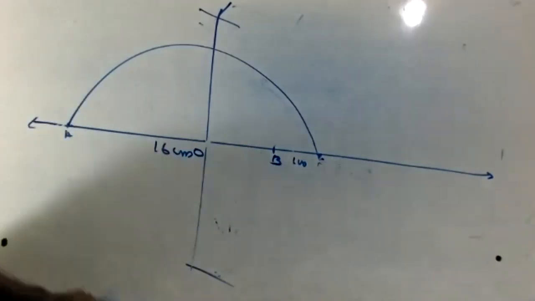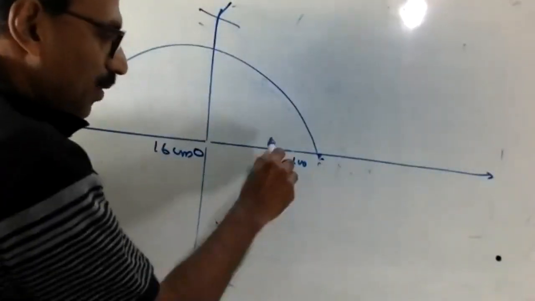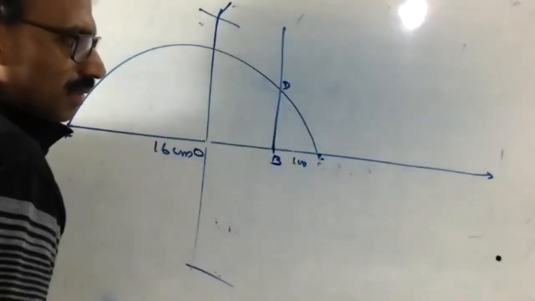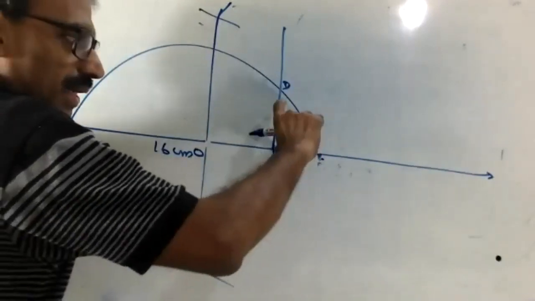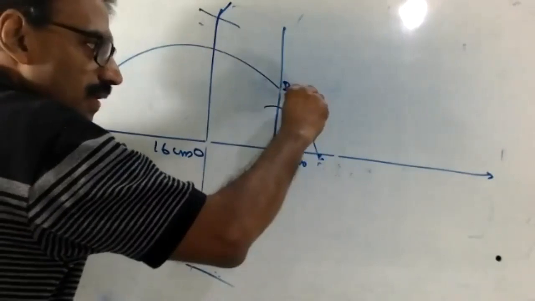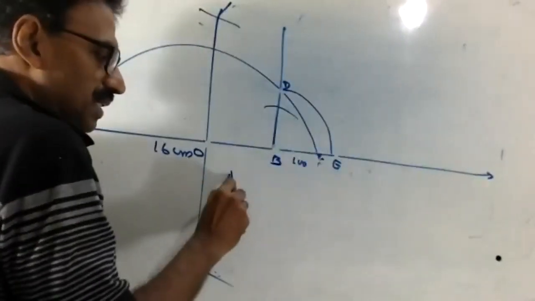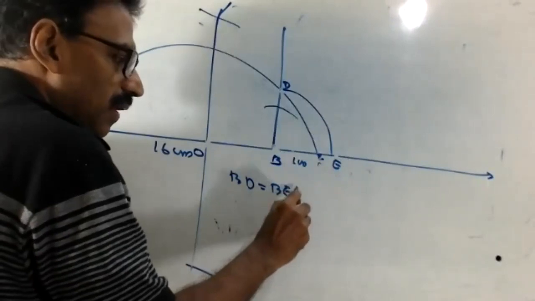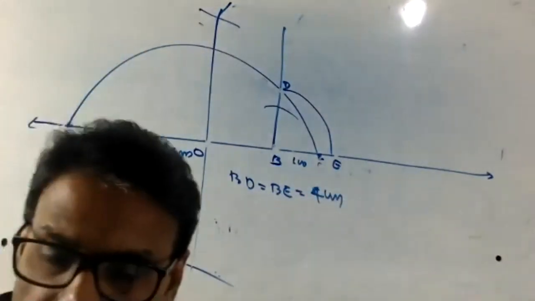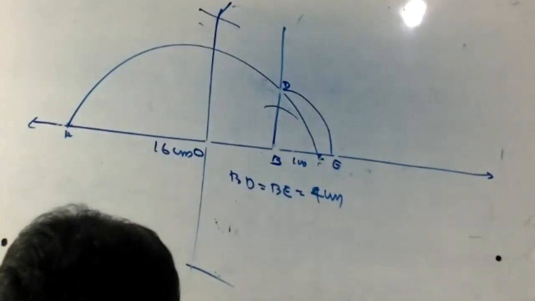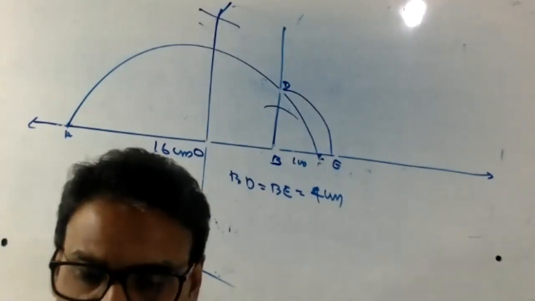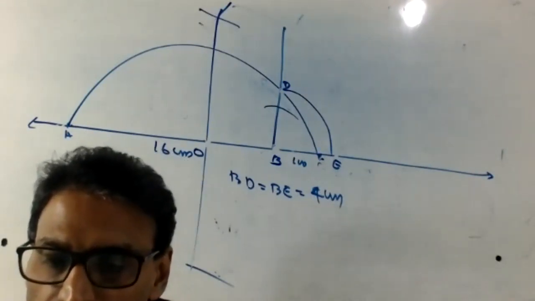Now, draw with the protractor, draw perpendicular, exactly perpendicular. Now, this point is D. Then take the compass here, make an arc like this. E. Then when you measure BD equal to BE, you will get 4 centimeter. If you get 4 centimeter exactly, okay. 4.1, 3.9, you adjust it equal to 4 centimeter, but not 4.3.